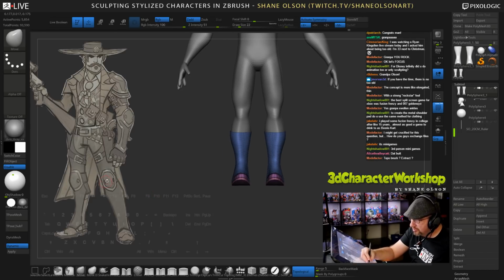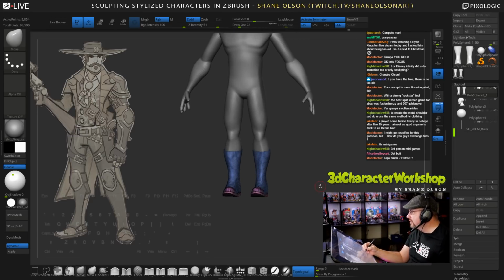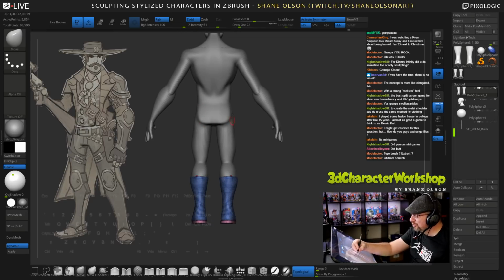that's good. This is pretty cool. These little, they almost look like eyeballs. These repeated shapes. Pretty cool. Okay. Yep, Topology Brush. I'll do the Topology Brush. The butt. Just like